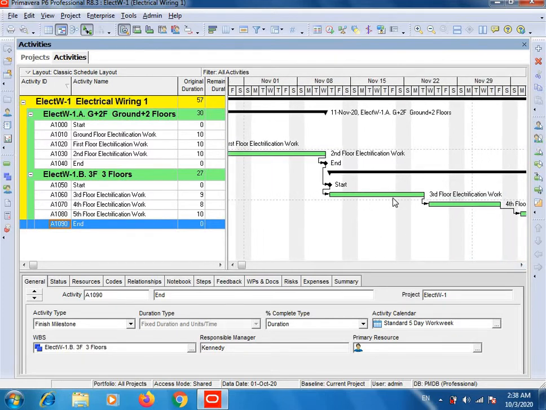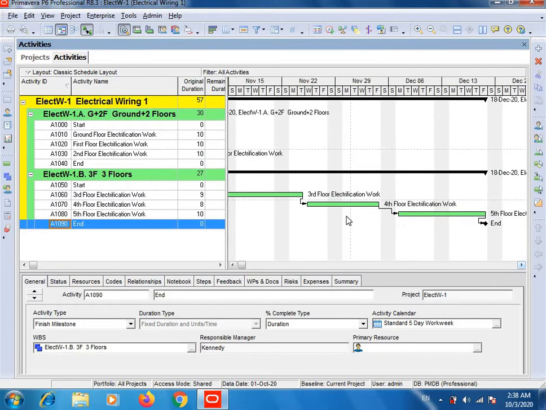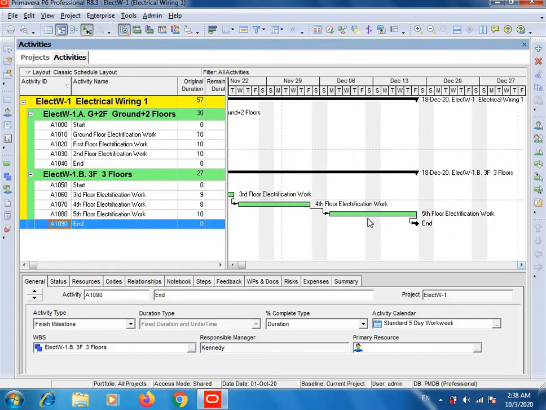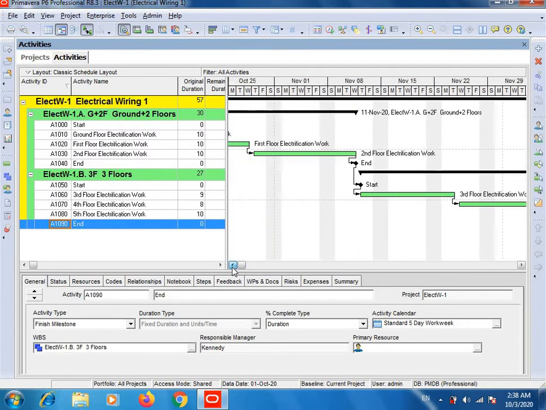Here this is the third floor electrification work, this is the fourth floor electrification work, and this is the fifth floor electrification work, and you can see end, and this will end in the month of December. So let me show you another important thing.